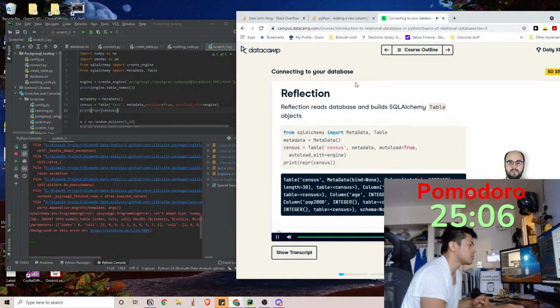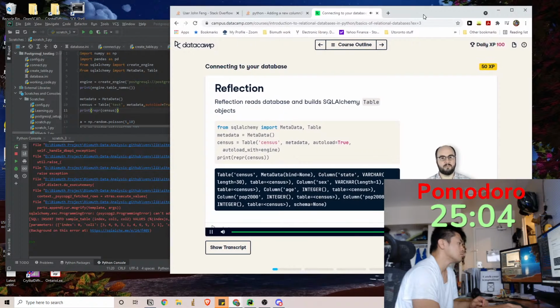The process of reflection may seem like a bit of overhead, but it will make understanding your databases and extracting information from them